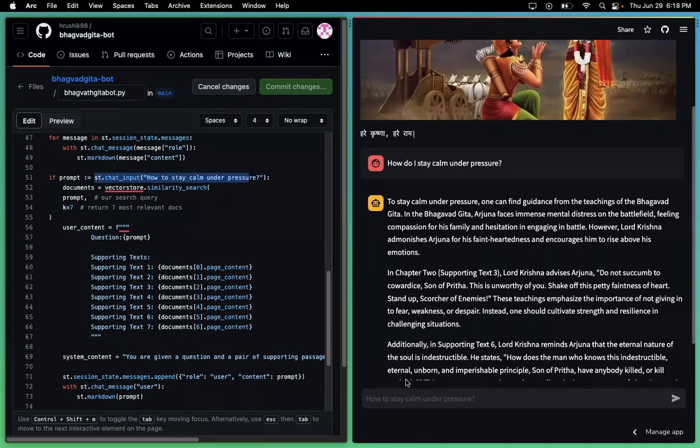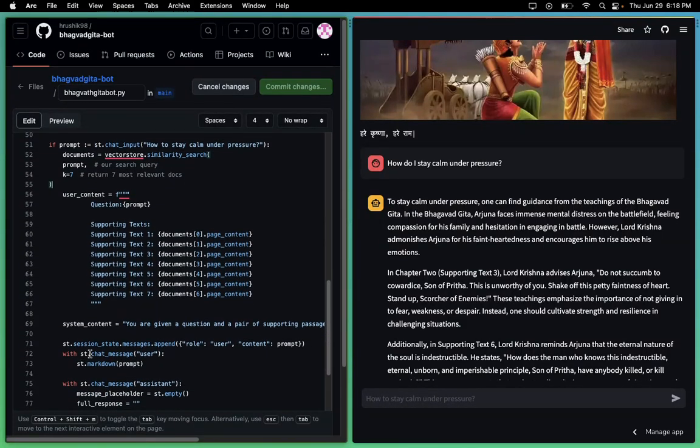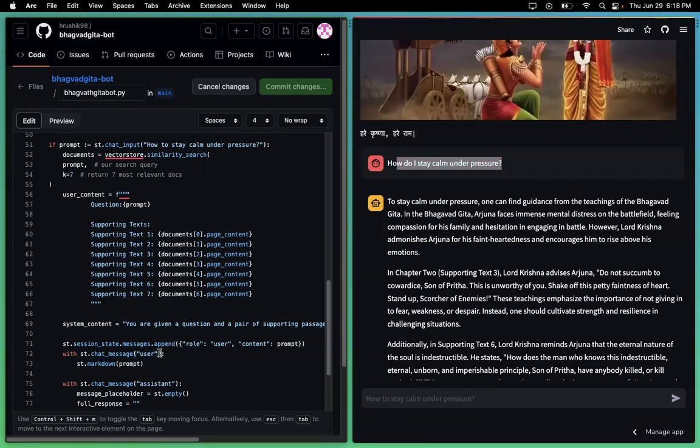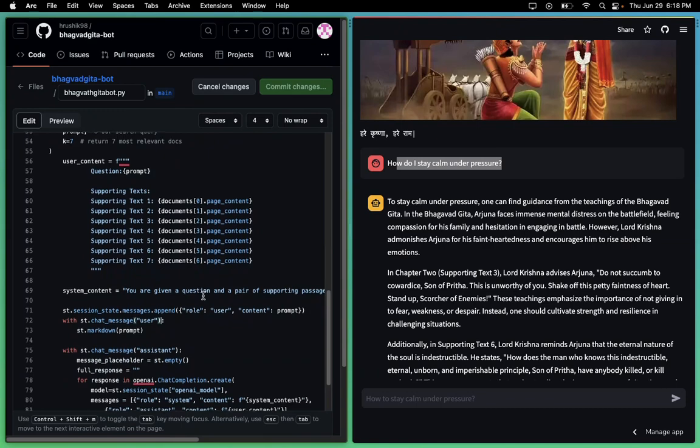So this is basically this tab below here. And the next one, st.chat_message. So this chat message is basically this one. If you give it user, you can define the chat messages of the user, and if you give it assistant,